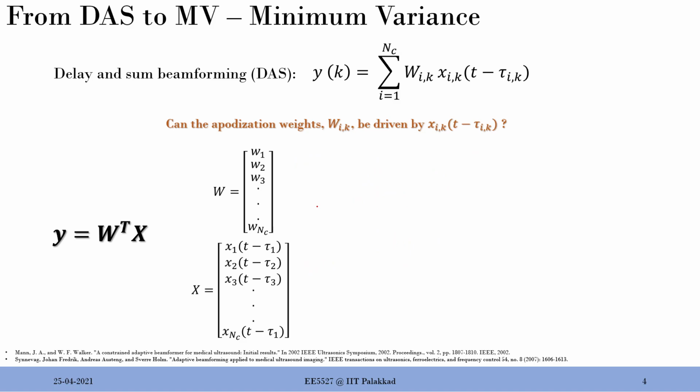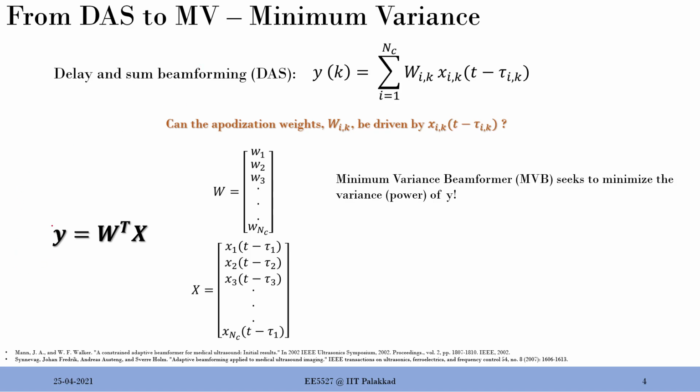Sometimes when we want to implement in MATLAB or Python, you don't really need to go with this sort of a for loop method, but you can easily represent that in terms of a matrix. Now the discussion point is not that. The discussion point is how to find out that W dependent on X. Many approaches, as I said, are available in literature. So if you search for adaptive beamforming, you will find lots of approaches, but let's concentrate on the minimum variance approach to start with. So what does minimum variance do? Minimum variance tries to minimize the variance of Y.